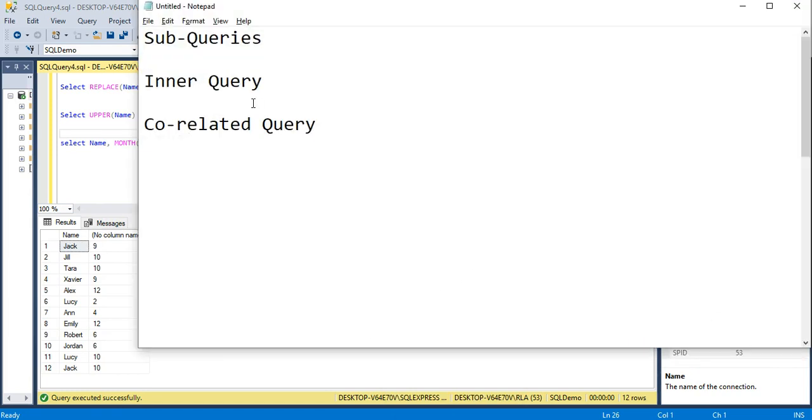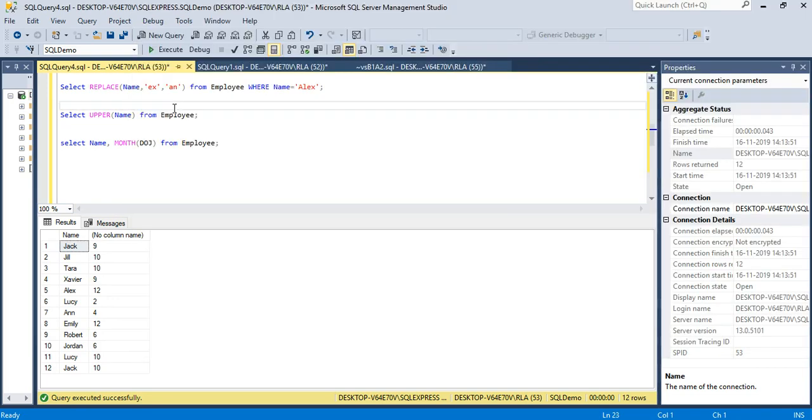In this session, we will go through subqueries, in particular inner query and correlated query. In the earlier session, we have seen only one select statement. So we can nest the select statements by adding a query inside another query. Say, for example,